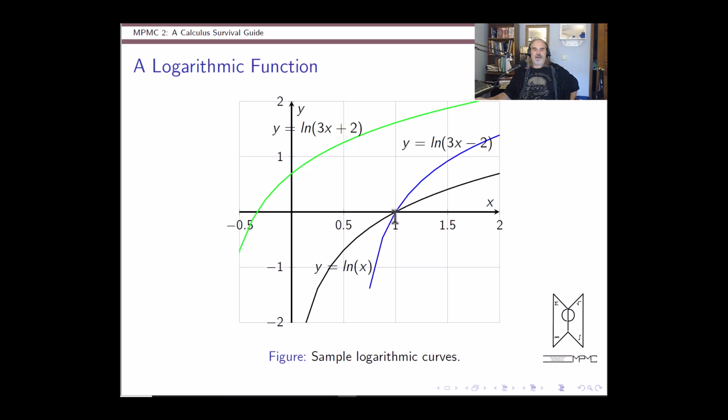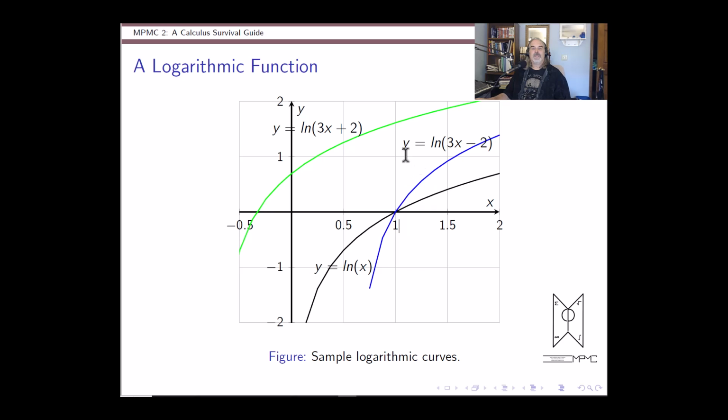That is the root of this function. It's where the value of the function is 0. And notice that this function hits y equals 0 exactly at x equals 1. Okay, and if you remember the definition of the natural log function, well, fine, then you know why that happens. But even if you don't, if you know that the function natural log of x has a value of 0 when the input is 1, that is good stuff, even if you don't really understand what the natural log function